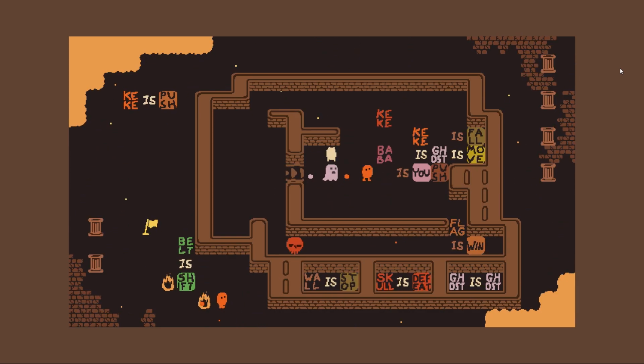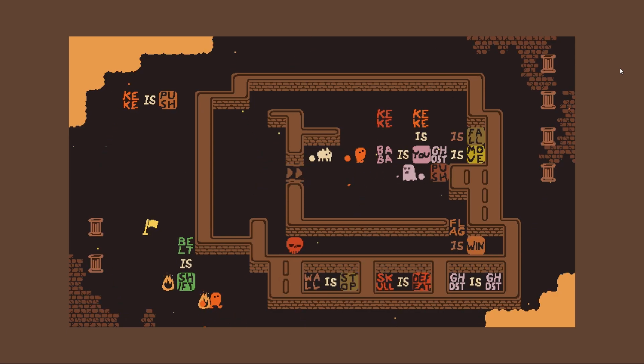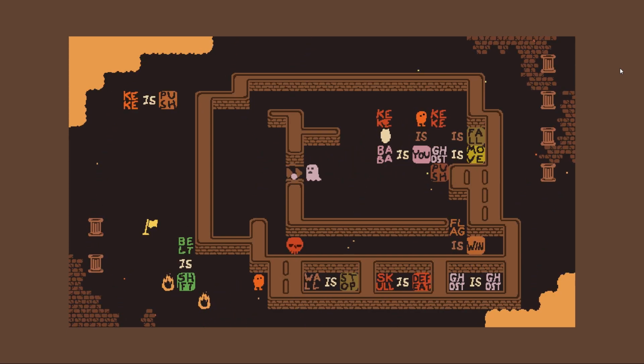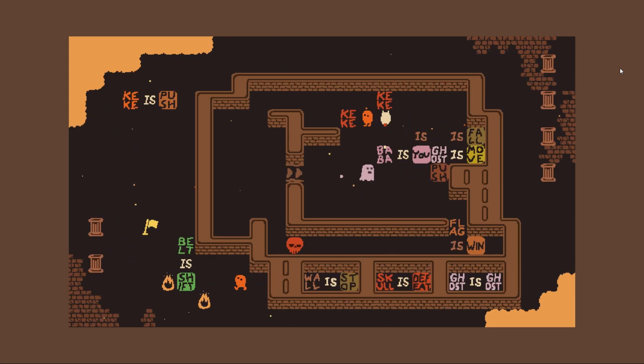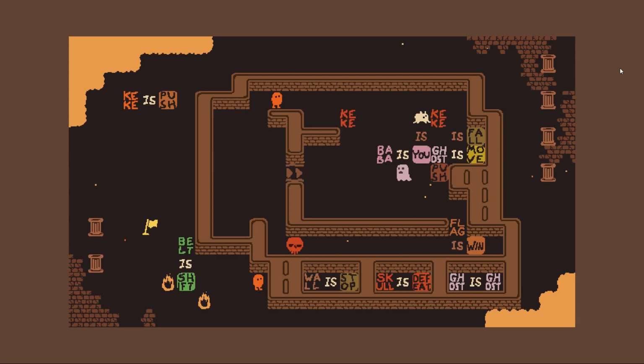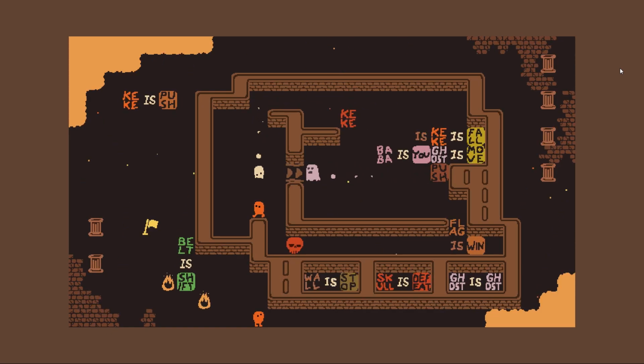Become Keke again. And we're gonna become Baba again, as well as Keke. That's kind of not really what I want. So let's come over here. Let's say Keke is no longer you. But we do want Keke to be push. So we'll start making that happen. And we'll get Keke there. We'll make Keke fall. And we'll just push him. We'll push him there. That will get him ready to do